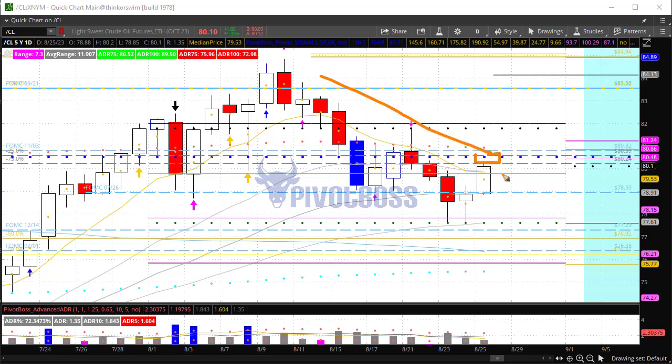We still have the 80 half as a big time level here. That's the previous year's close. To drop back below it, bears still want to defend into weakness until proven otherwise. So watching 79.75 or so, a break back below that zone starts to open up a bit more weakness back towards 79 and perhaps lower. So keep an eye on that for crude oil.